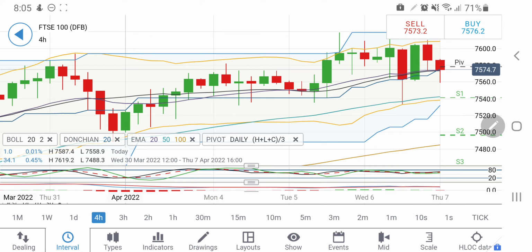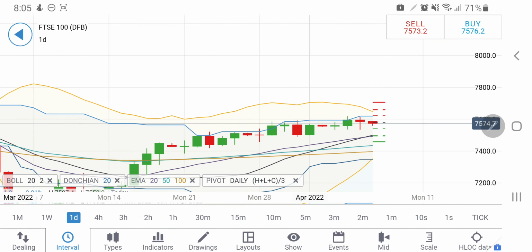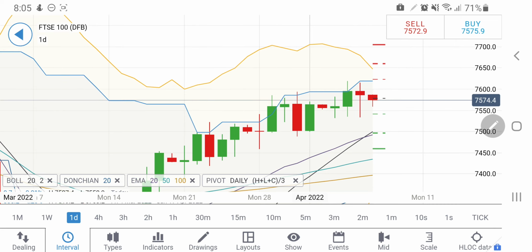Rather, there is not much to see a move in UK 100, but on the daily charts, look at this. On the daily chart, there is an interesting formation: lower highs, lower lows, almost running parallel, and hence this zone has become important, 7,540 to 7,610. So a probable larger trading range is between this level. However, looking at the charts, it may try to come back towards 7,540, it appears. So take your positions accordingly.